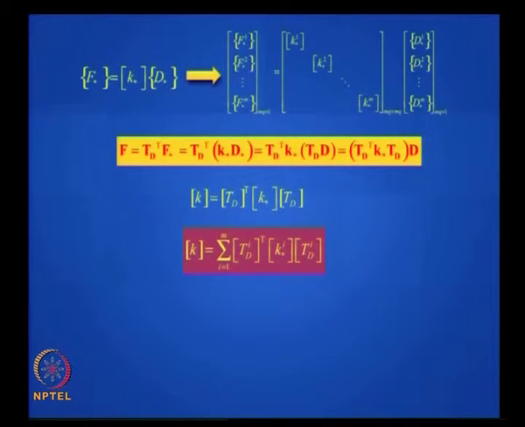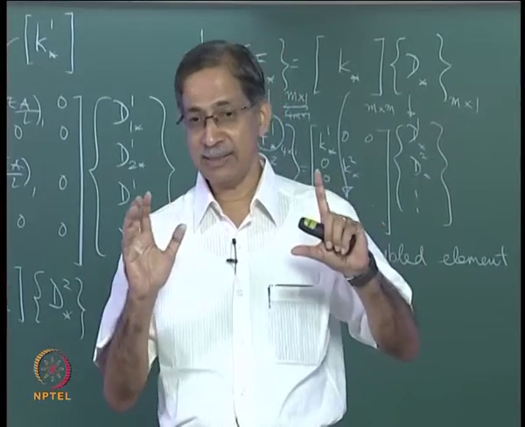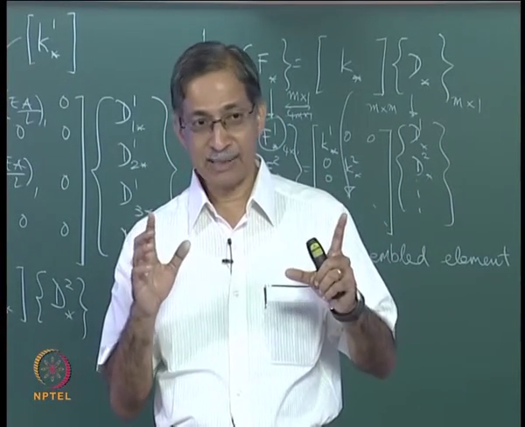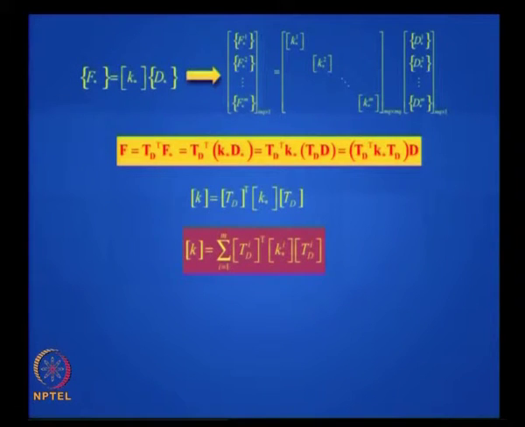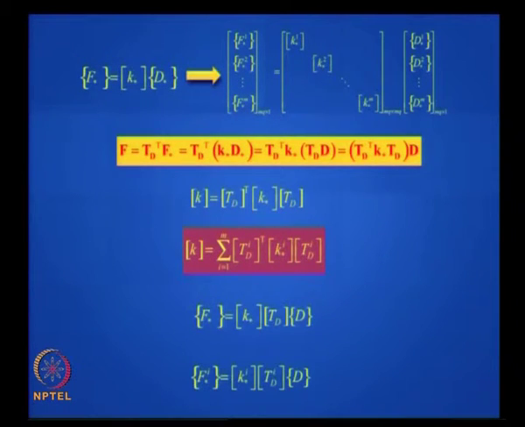I want you to understand that unlike the previous case where we dealt with Ki, which was always limited to the size, a square matrix of size 6 by 6, this K is a structure stiffness matrix. It's as big as the global degrees of freedom. You will understand when we do an example. And then you can have these relationships. After you find the displacements, you can get the member end forces.